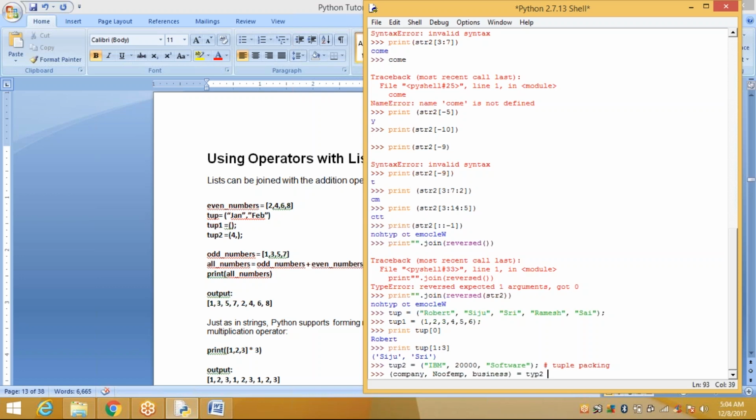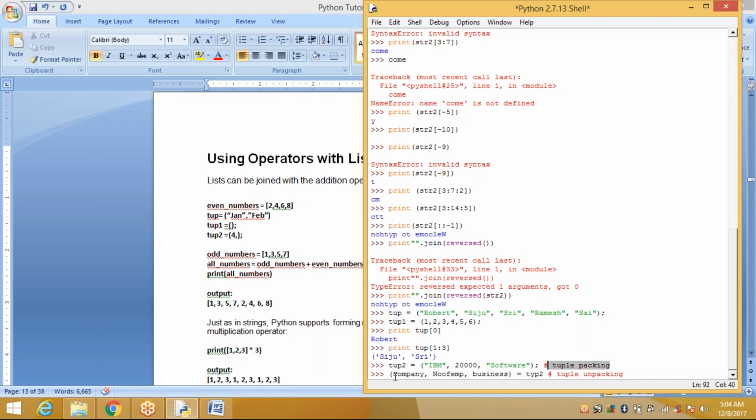See here, same thing. Tuple unpacking. This is packing. Tuple2 is equal to IBM, 20,000, software. This is tuple packing. We can define it like this.